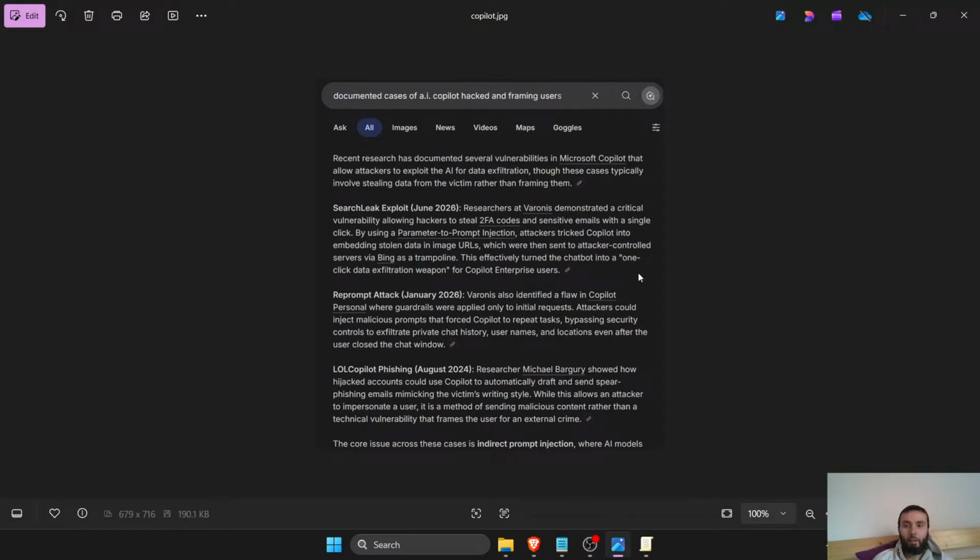But first, let's also mention research regarding the Copilot that's built into Windows. Researchers demonstrated a critical vulnerability allowing hackers to steal 2FA codes and sensitive emails with a single click by using a parameter to prompt injection. Attackers tricked Copilot into embedding stolen data in image URLs, which were then sent to attacker-controlled servers via Bing